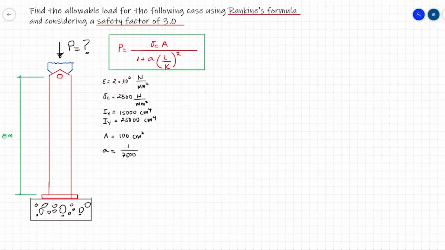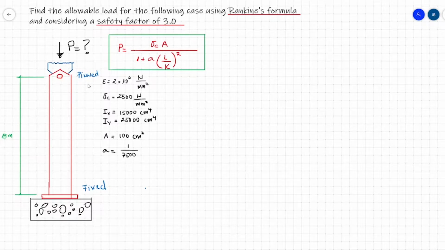Hi, let's solve now this problem using Rankine's formula. And it's a pretty simple case. We have a column, which is, let me write it in here. It is a fixed end column. And then here we have a fixed pin end column. Perfect. And it says, okay, now find what's a critical load, and also, using Rankine's formula, and consider a safety